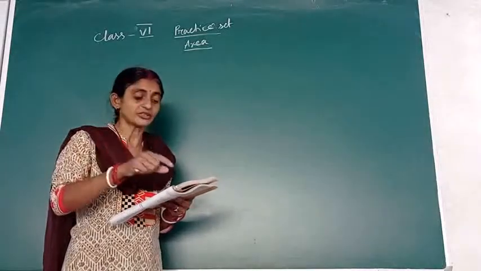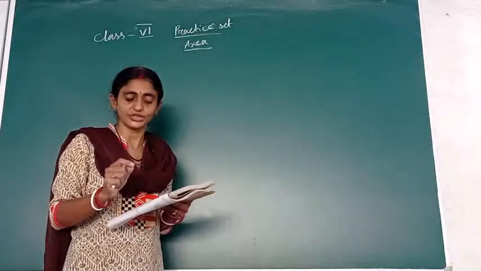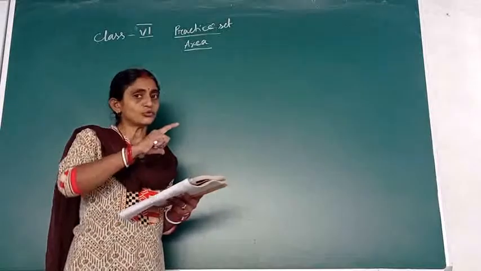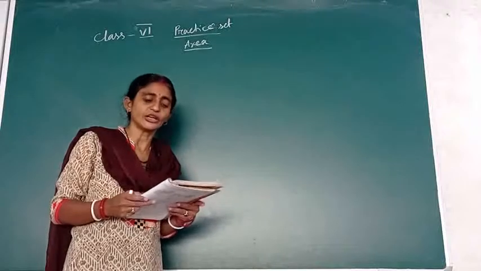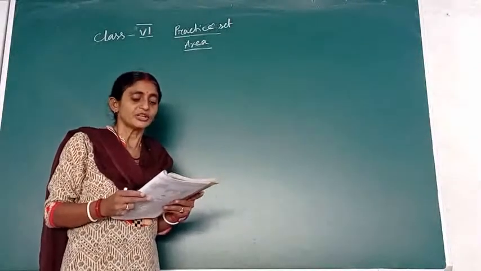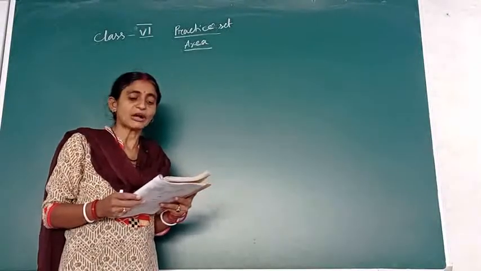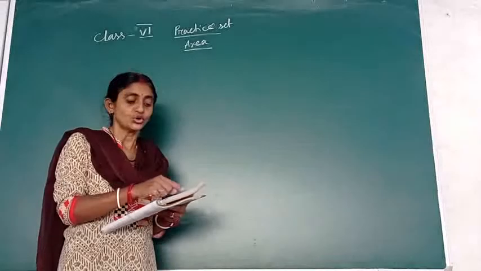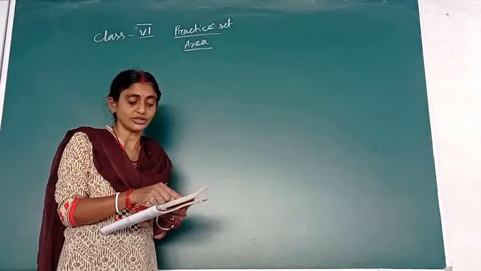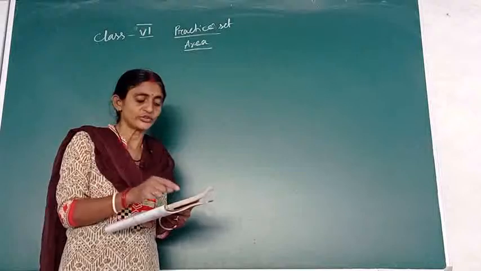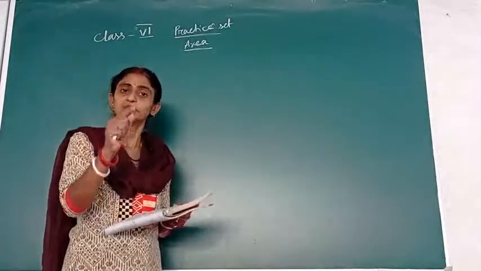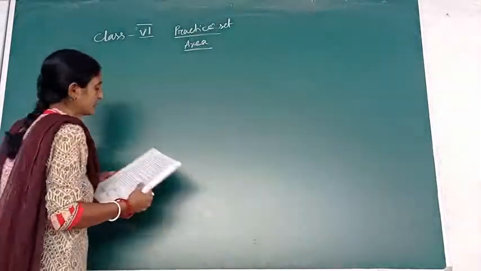So carpet means here the length and breadth of the carpet has been given. So definitely you have to go for the area of the carpet, and when we are looking for the area of this carpet, see here the cost has been given in per square meter. So when the length has been given here, you can see it is given meter and centimeter. So definitely we have to go for the meter unit only. So let's write this one.